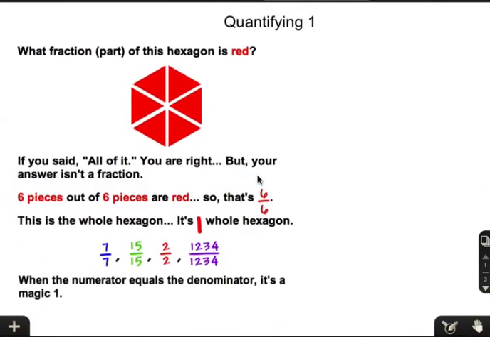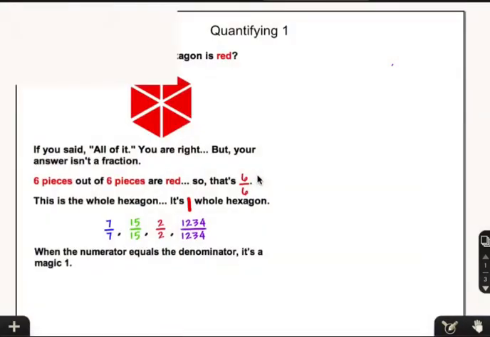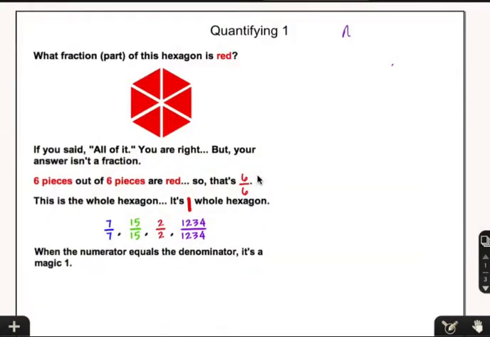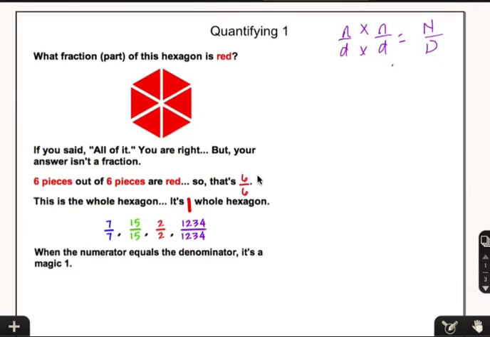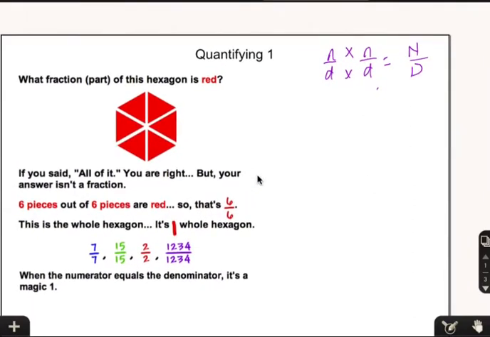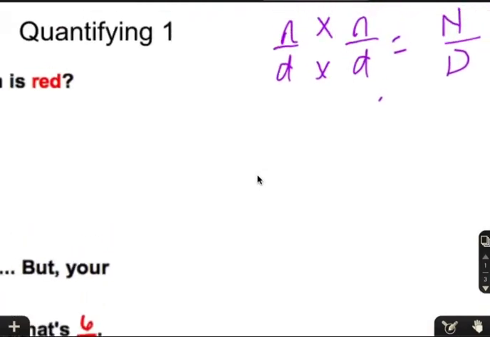Now, the reason that's important for us to think about is when we're talking about multiplying fractions, we're always multiplying numerator times numerator and denominator times denominator. And that gives us our new numerator and our new denominator for our fractions straight across. This is important because we're going to be using the quantifying one to manipulate our fractions, to make them different. And one reason we need to manipulate fractions is to make sure we're finding common denominators. So, for instance, when we're talking about adding and subtracting,